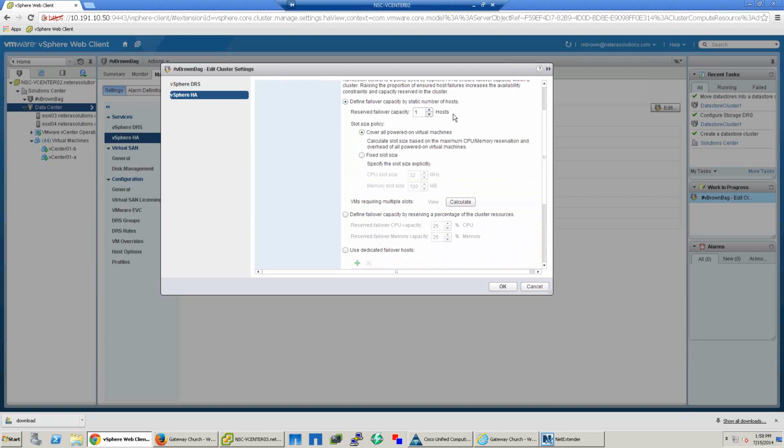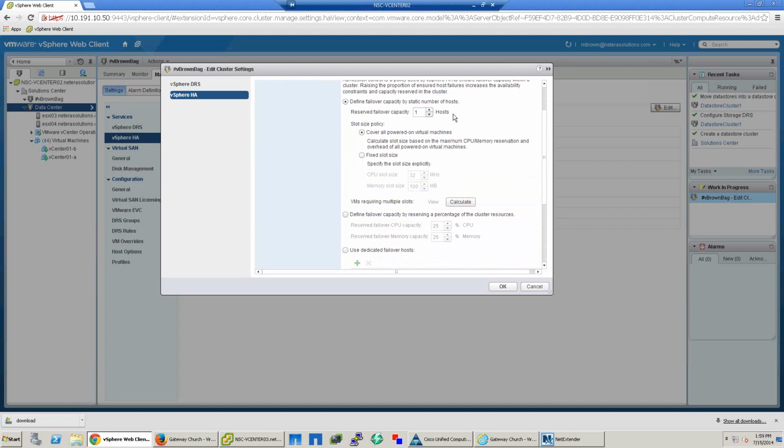virtual machines. Well, the safest way, I guess, is probably the best way to put it, the safest way to ensure that those resources are available to restart any failed virtual machines in your cluster is to use slot sizes. Slot sizes talk about the worst case scenario, having to restart the virtual machine with the largest amount of reserved CPU and the largest amount of reserved memory,